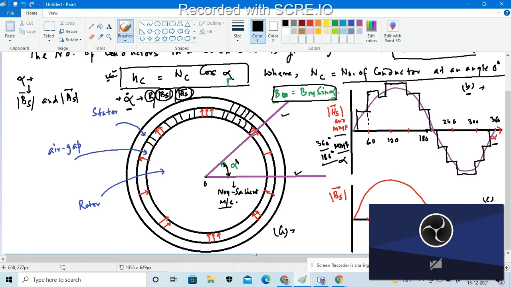So why should I do this process? Because in a system, supposed to be some harmonics will be present. If harmonics are present, there must be disturbances in the system. So to remove the harmonics, we have to design the windings in such a way that we remove the unwanted harmonic components from the magnetomotive force.